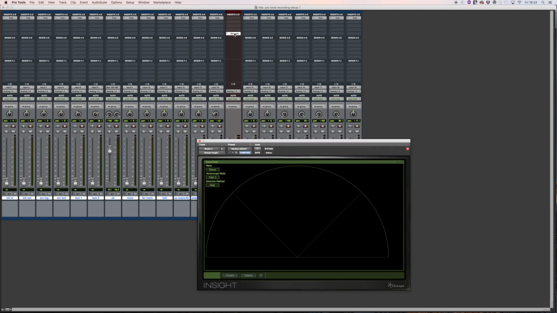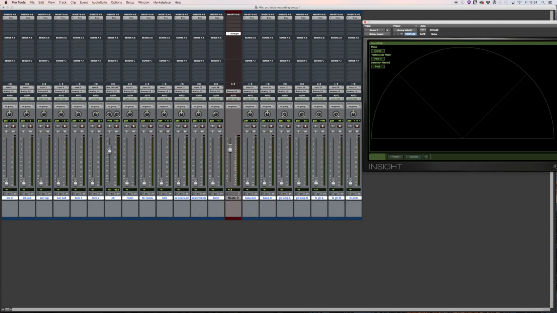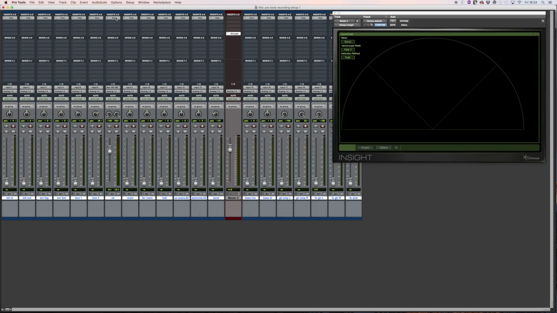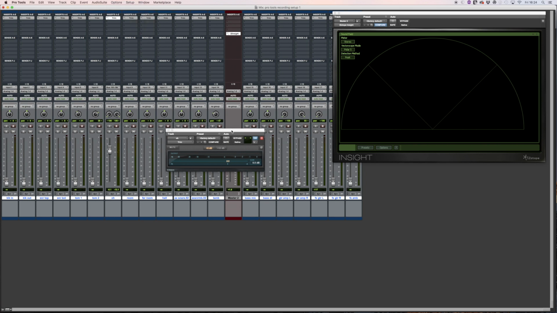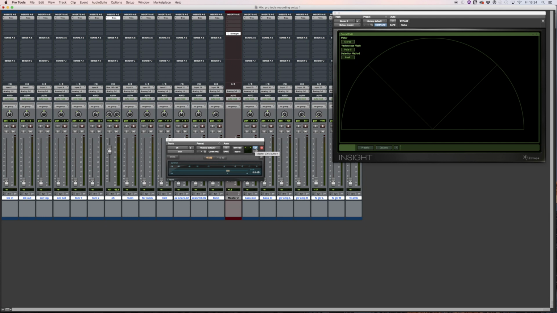If I want to have two plugins open, once again, I just click on the red button and then I can open this as well. Now you might see a problem in that this plugin is a single channel, a signal plugin for a stereo channel. So we've got one phase switch, but because I selected a multi-mono plugin, not a multi-channel plugin, this is actually two mono plugins in one window. And they are linked together at the moment. So you can see the master link button. If I deselect that,